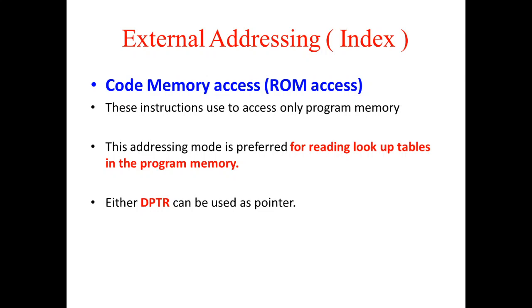All of you agree for this? Means external code memory handling the lookup table, which handling the parameter that you want to pass to the motor or 7-segment display. Okay, now you already created the lookup table and you are preserving it in the external code memory. Now one by one, parameters you want to take from that lookup table, and for that you want the pointer. For external code memory, the pointer is only one, that is DPTR, which is 16-bit.